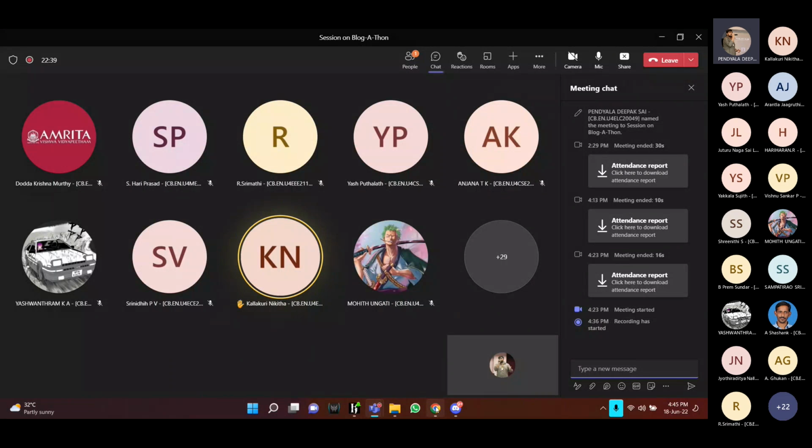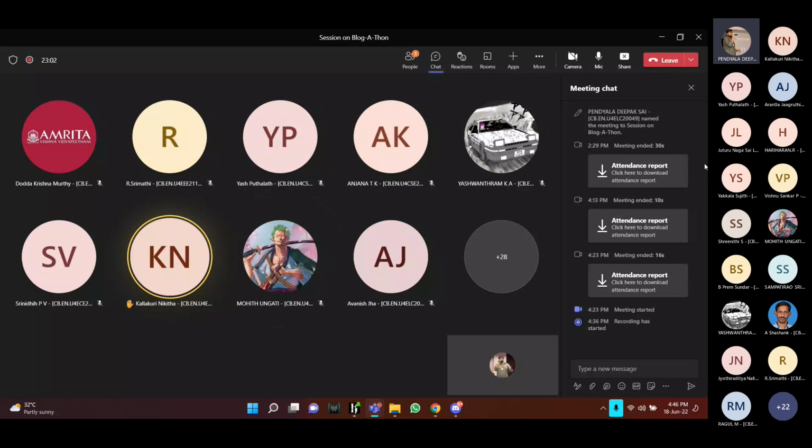Does the heading of your blog have to be the same as the topic you have chosen? No, actually, if you're writing about something on deep learning, then you can just give the topic name, or you can specify the topic itself or the heading itself.